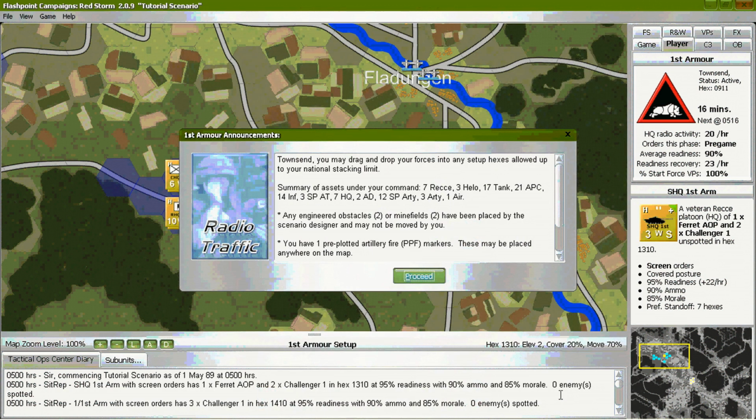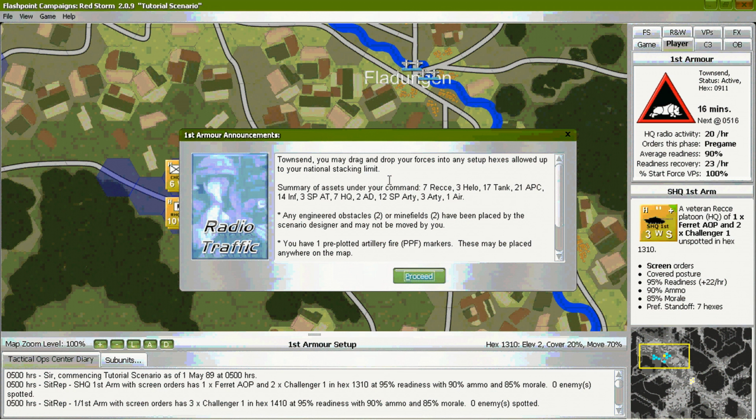Before we see the whole map, we are presented with a radio traffic dialogue telling us some important information about our units and markers on the map. We are told a summary of our assets, the number and type of any engineering objects, mines, or obstacles on the map, and any pre-plotted artillery markers on the map.